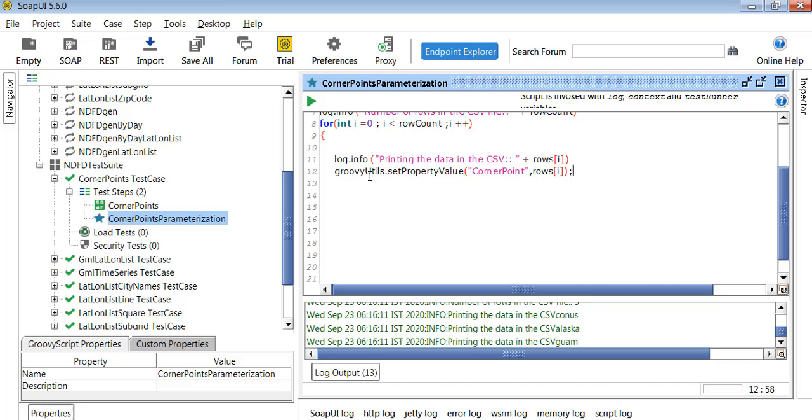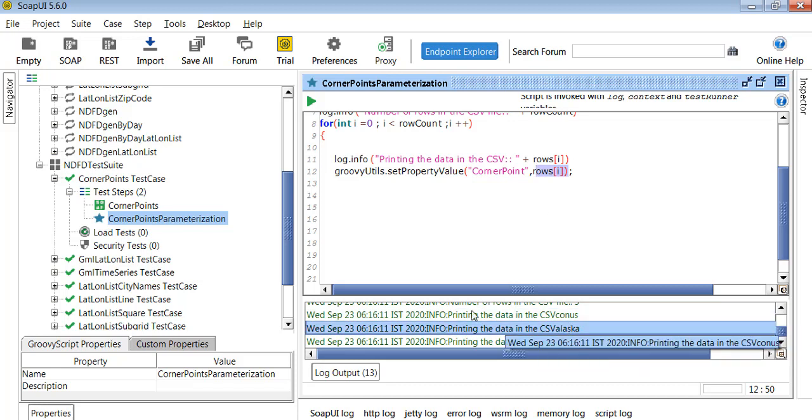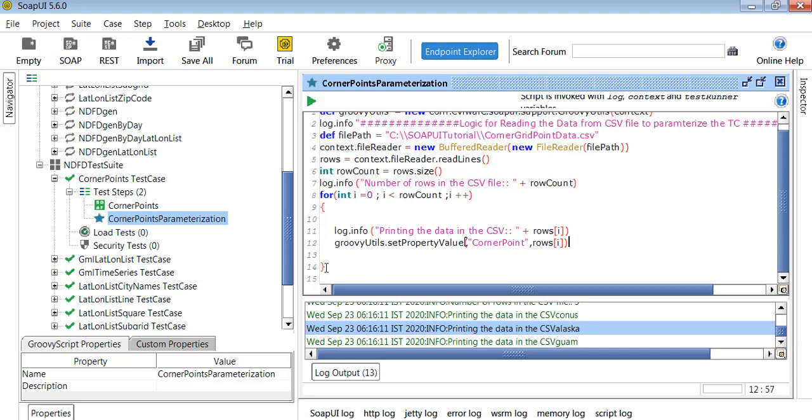Corner point is a variable name; think of it like a variable in Java. For this corner point variable, we are setting this value. What is this value? We have seen already: Corners is a value, ASCII is a value, GOM is a value. So we are going to set all these values here.